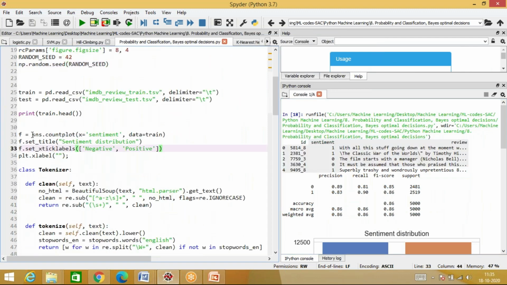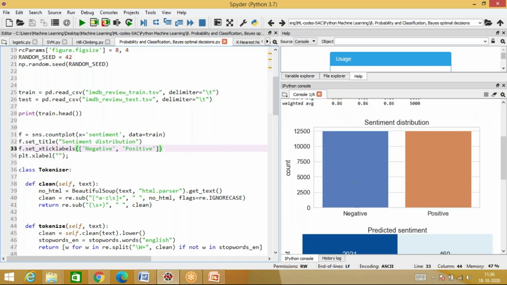Guys, please observe this. sns.countplot. See, whenever I say just plot, it will draw. Whenever I say countplot, it will just get the count and then plot it. What this will do is it will go to this column called sentiment and pick up the data from the training data that we have. In this column sentiment, there are 2 values, 0 and 1. It will get the count for the number of zeros and the count for the number of ones. And then first it is picking up 0, so I'll give the label as negative, and positive wherever it is 1. So if you look at this code till line number 34, it will get this graph for me. It will print the number of negative reviews and the number of positive reviews.